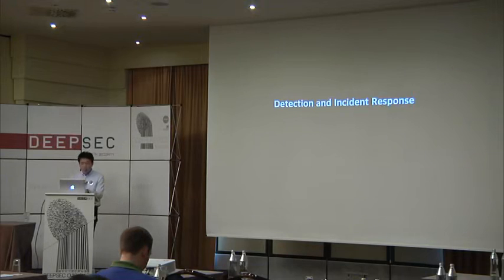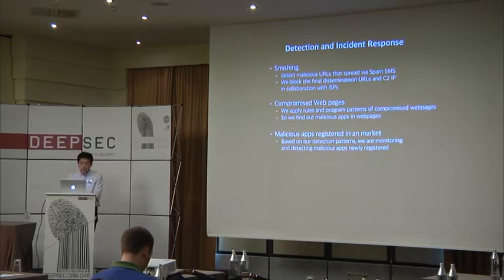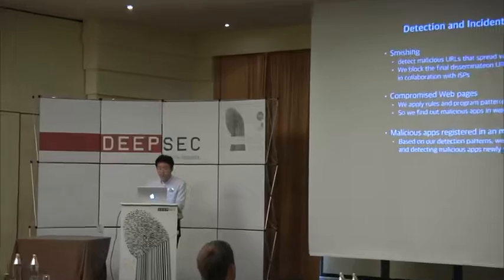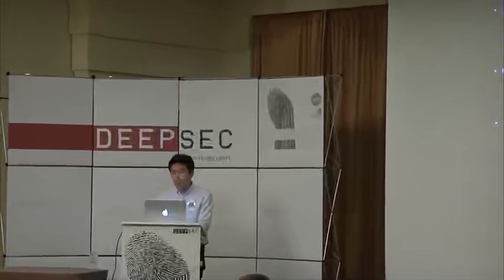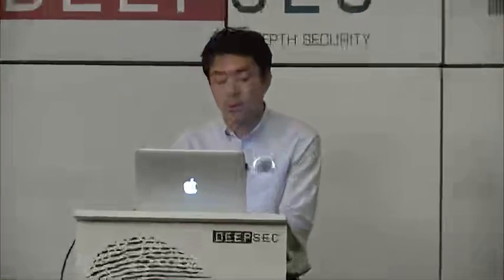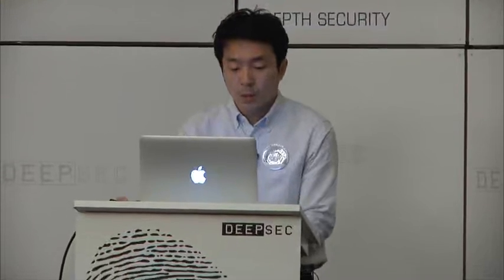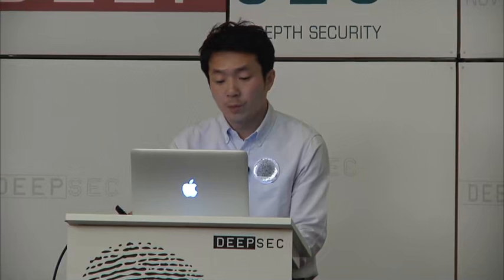Now we explain how we detect, respond to and track mobile financial fraud malware. First, against phishing, we detect SMS messages that are distributed as spam to anonymous users, analyze distribution URLs and malicious apps, and block the discovered C2 IP through ISPs. Second, we monitor and respond to websites by applying detection patterns and rules to modified applications. Third, we respond to the distribution of malicious apps when we identify the mobile web page attempt.